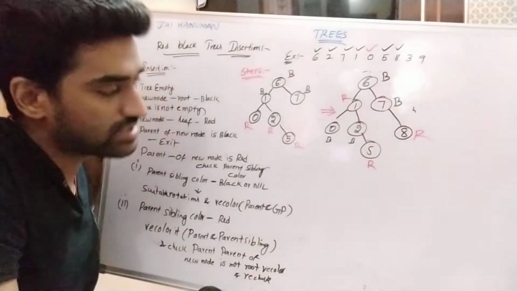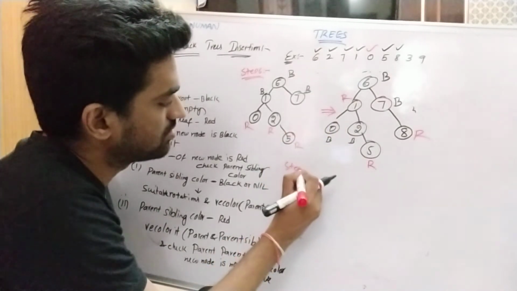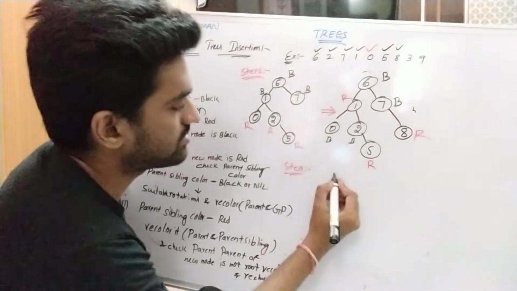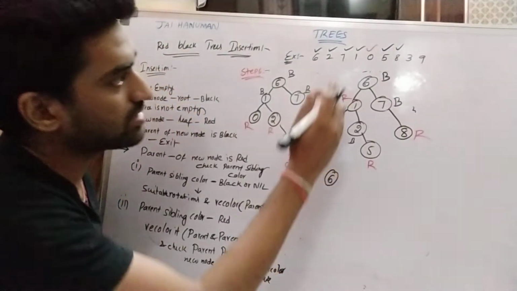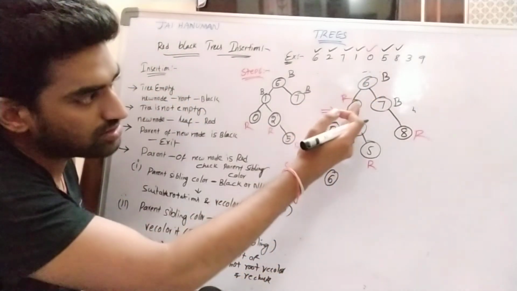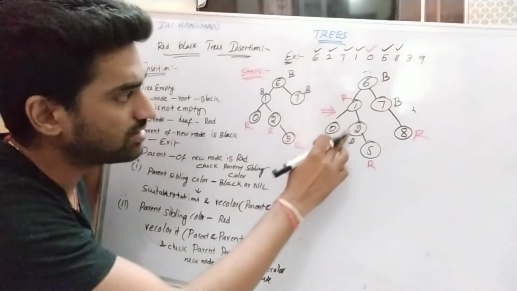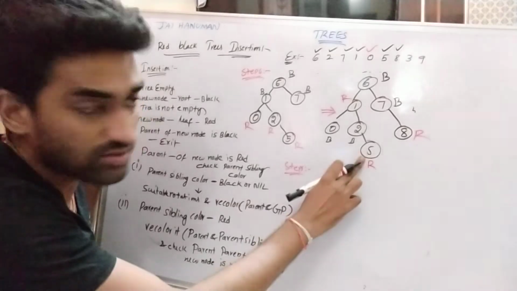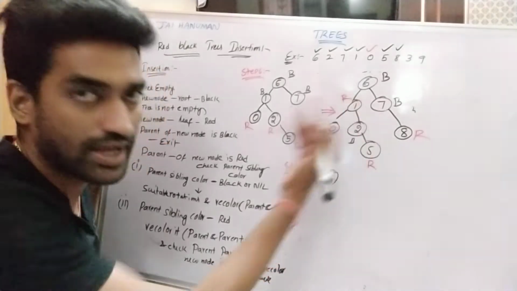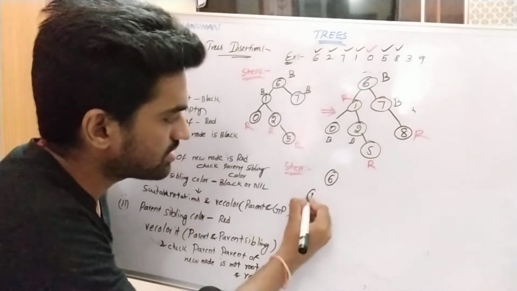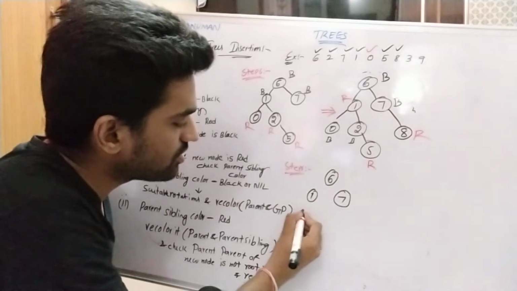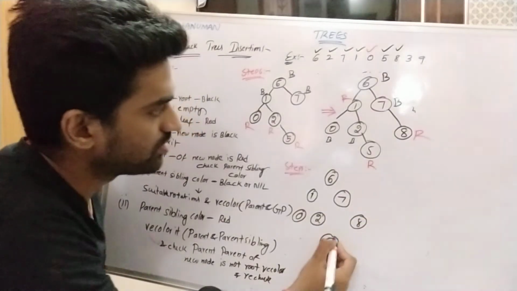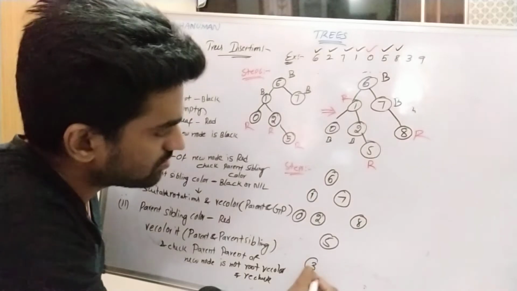Then 3. So this is step 8, where we are inserting 3. Let us check. When compared to 6, that is a lesser value, so we are moving to the left subtree. When compared to 1, greater value. When compared to 2, greater value. When compared to 5, lesser value. So we are inserting it at the left of 5. Now the tree becomes like this: 6, 1, 7, 0, 2, 8, and this is 5. At the left we are inserting 3.